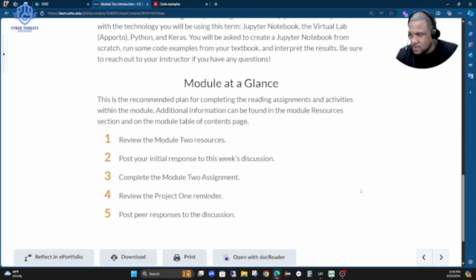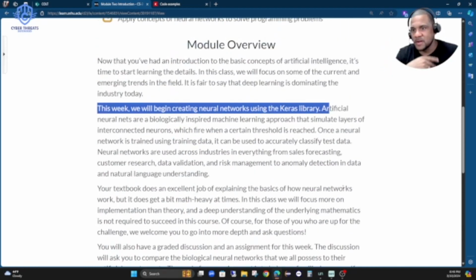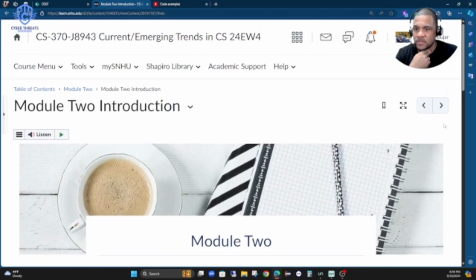So review the module 2 resources. Don't forget your post. Make sure that you have that initial response, and also that you reply back to at least two of your peers so that you can get full credit. Complete the module 2 assignment, review the project 1. Okay, that's our project 1 coming up. You've got to review it, make sure that you're on top of that, and reply back to your peers. Let me see if there's something else that I want to share with you